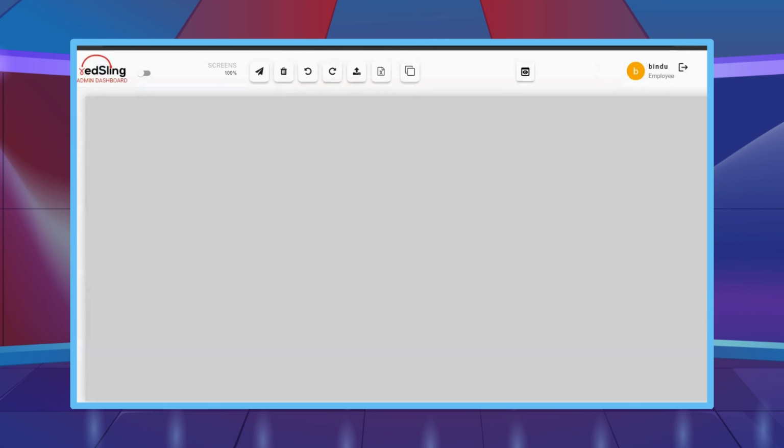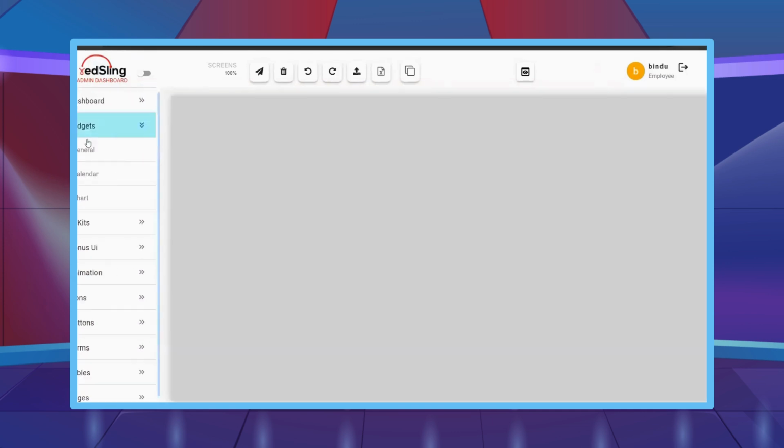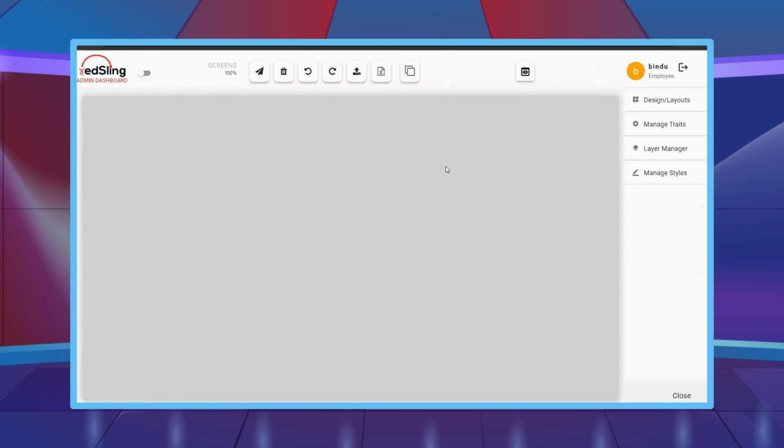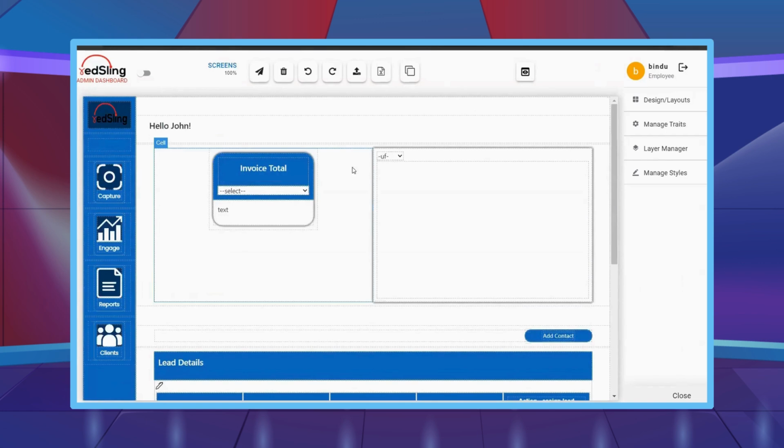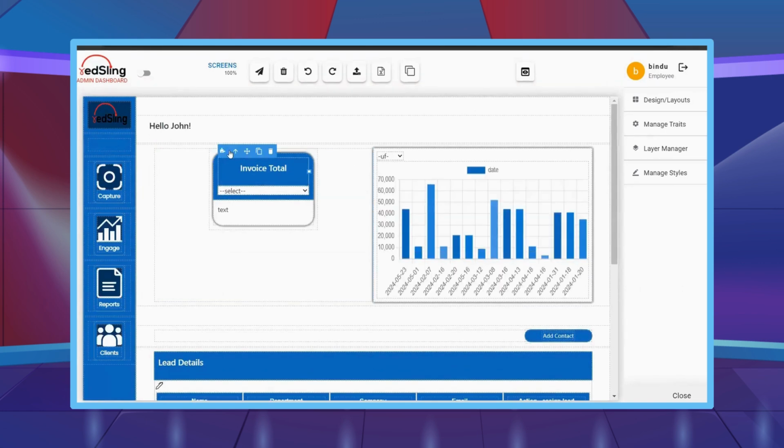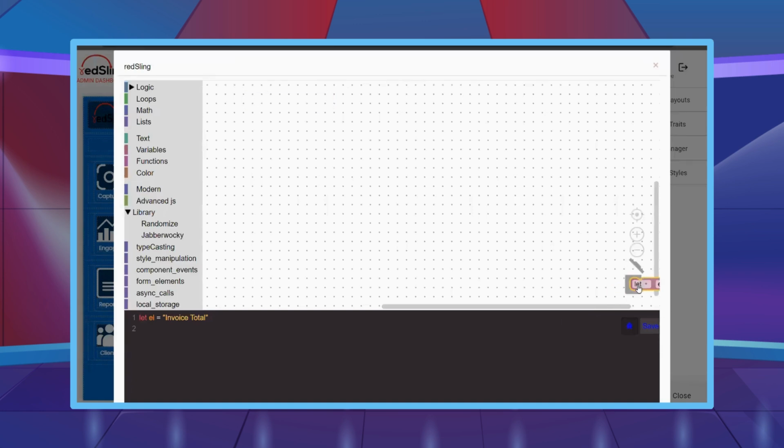A very important feature that we have introduced with our platform is the logic builder. Once the screen design is completed, we can access this logic builder through any of the components that we have dragged onto our canvas. You click on any of the components, and there's a separate icon which looks like a puzzle, which you can click on, and it navigates you to a separate modal, which is the logic builder. It is similar to how our editor screen is built. It is divided into sections. You have your logic blocks,